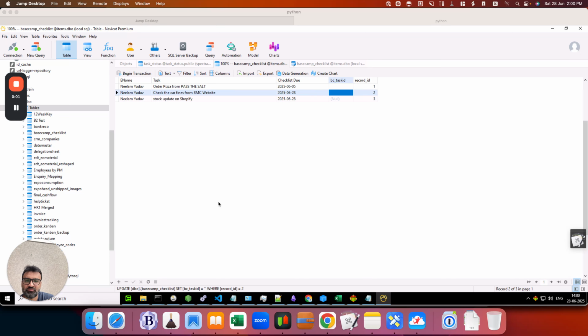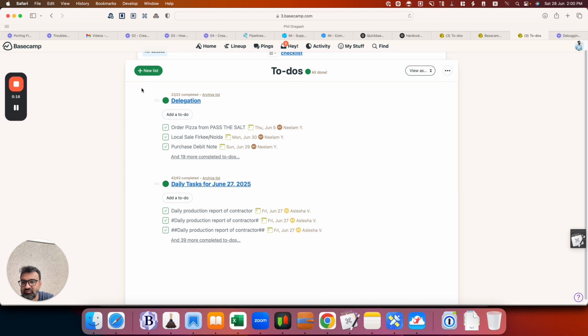Hello, I've got a super cool demo for you. I've got a SQL table with a bunch of tasks with relevant due dates. I want to read from this SQL table and automatically update them on Basecamp, which is a project management tool